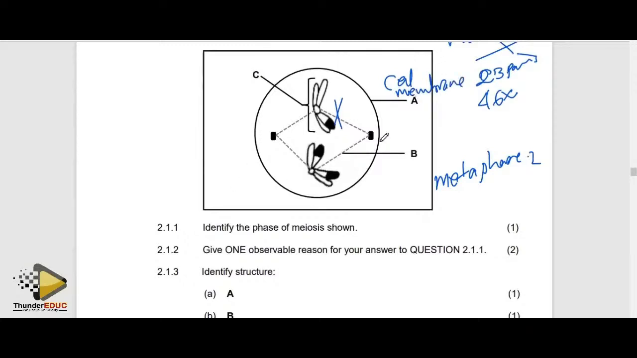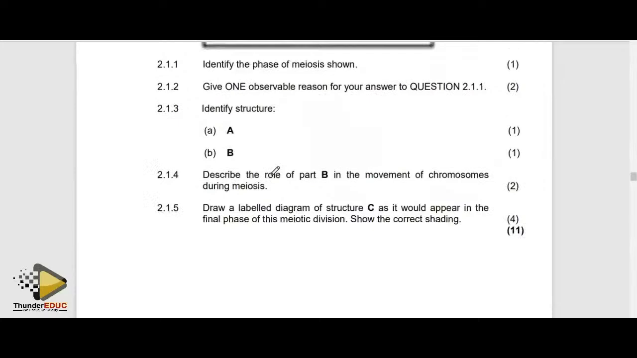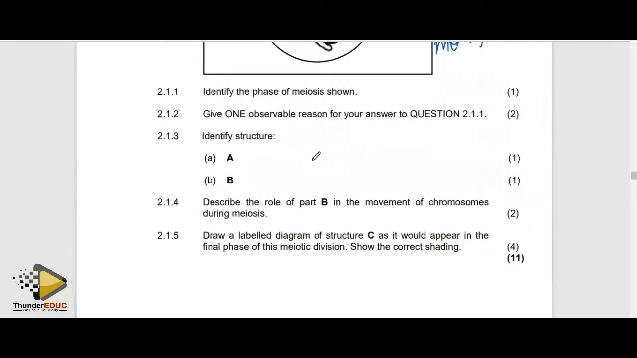And then B, these are fibers which hold the chromosomes in place, which are spindle fibers or spindle threads. Then describe the role of B in the movement of chromosomes during meiosis. These ones are very important as they contract, they shorten, and then they pull the chromosomes or the chromatids to opposite poles. And also, they are very important in holding the chromosome in place, maybe during